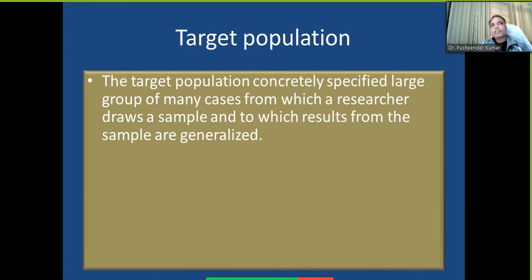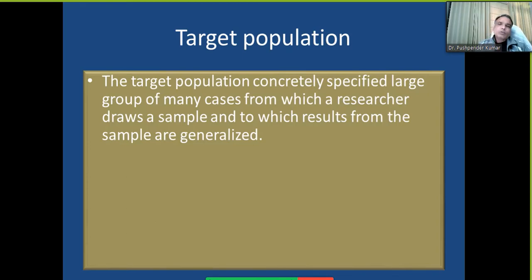Because here we are talking about MCom. So maybe you would be interested to collect information from those who are in management, commerce or economics. So instead of going and talking to all 500,000 students, who may be in science, arts, humanities or other social sciences,